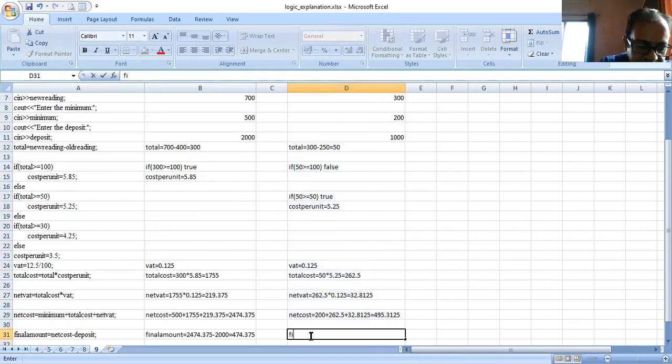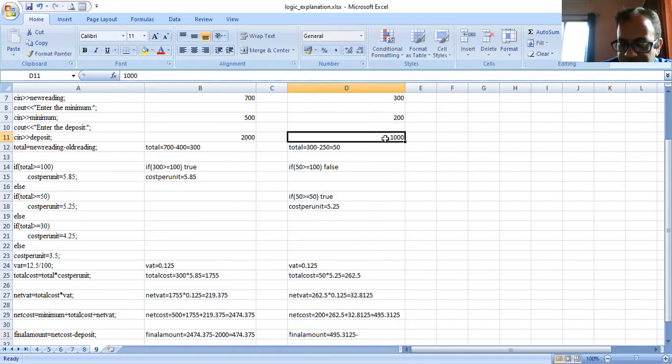So now the final amount is equal to the net cost, 495.3125, minus your deposit. How much deposit have we kept here? 1000 deposit. The deposit should be a lower amount here, because we consumed less, so I'll take the deposit as, say, 100.